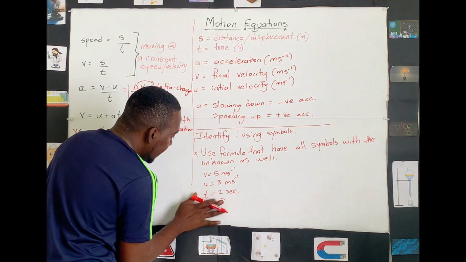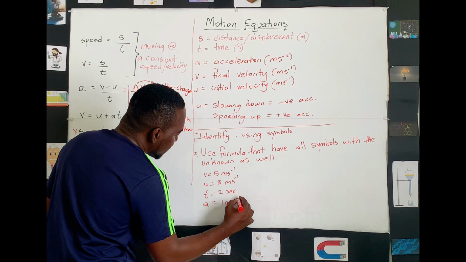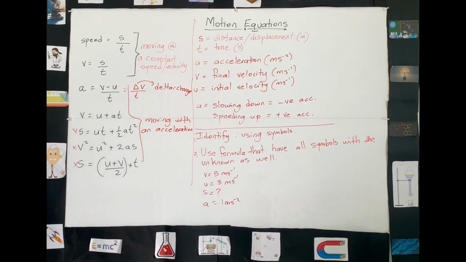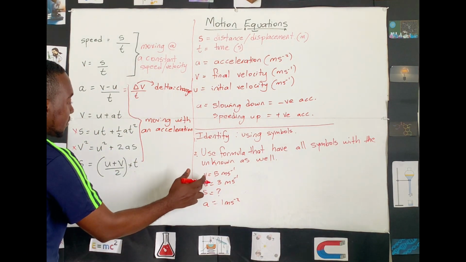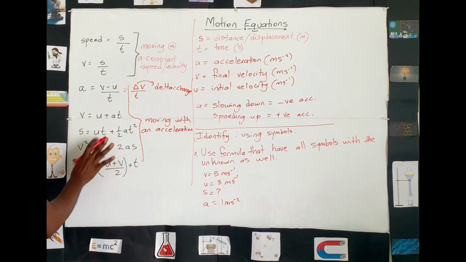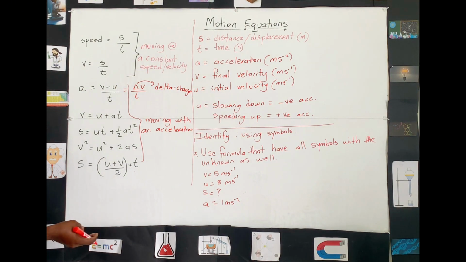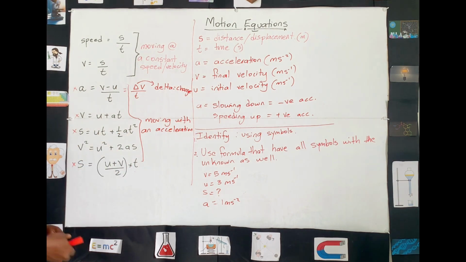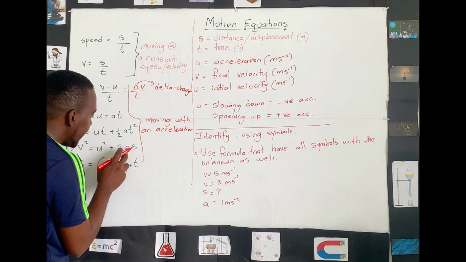But let's say we had a, which is 1 meter per second squared. We don't have time, and we're asked to find the distance. Therefore, we have these three, we don't have s. So we look at what we have and what we don't have, right? So if we don't have time, which is a very important one, that means we can't use this or that or that or that. Because all of these have time in it, right? But these two have s and t in it, but those two are unknown. So therefore, the only one we can use is this, because we have v, u, a, and we don't have